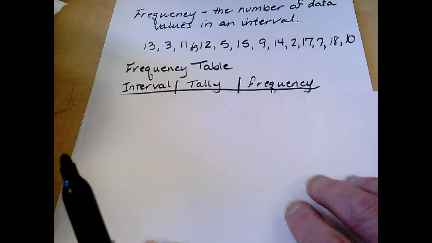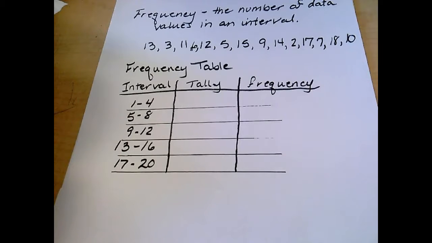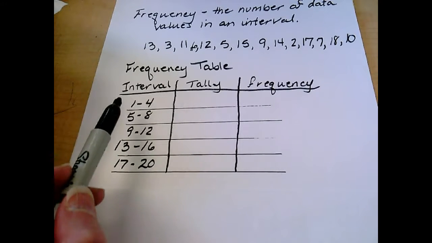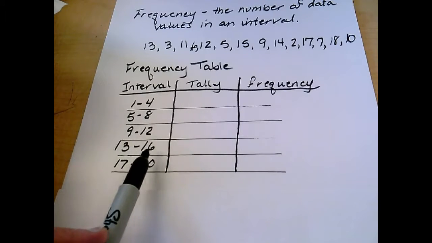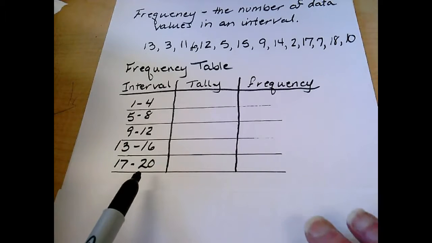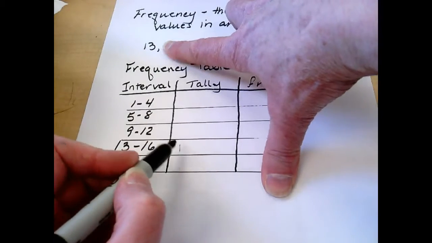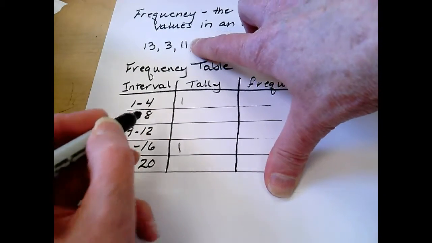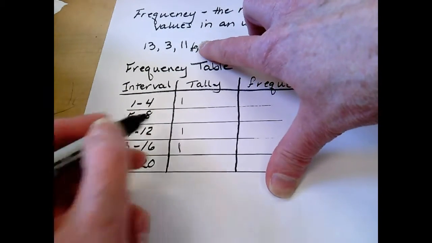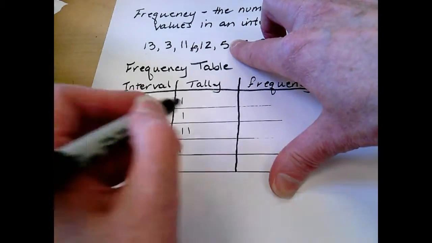So we look at our set of numbers and we figure out we're going from 2 up to 18. So if I go from 0 to 20, I can set up my intervals. I did from 1 to 4, 5 to 8, 9 to 12, 13 through 16, 17 through 20 for my intervals. And then I go through and I go 13, mark it, 3, mark, 11, 6, 12, 5,